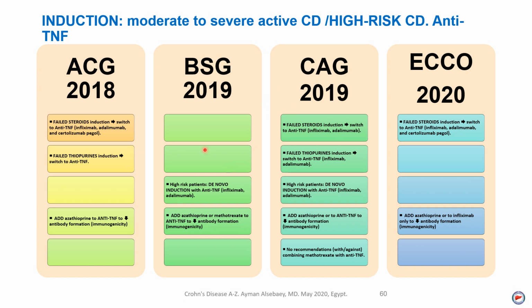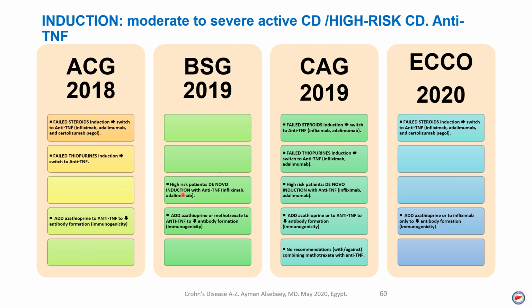But the British Society and the Canadian Society both said from the start, assess the severity of the disease by a score, CDAI, to say it is moderate to severe. Then do stratification for the disease. Is it high risk disease or low risk disease? If you find it from the start high risk, here you can start de novo